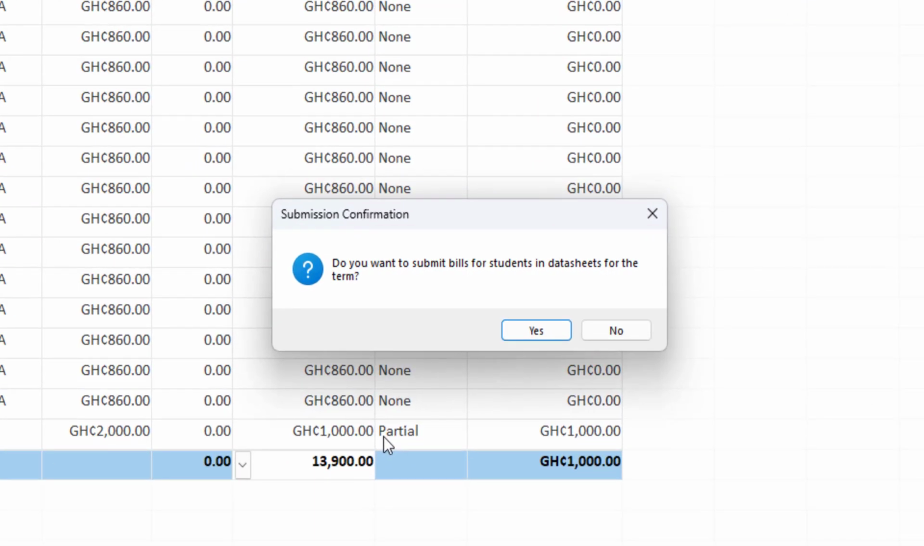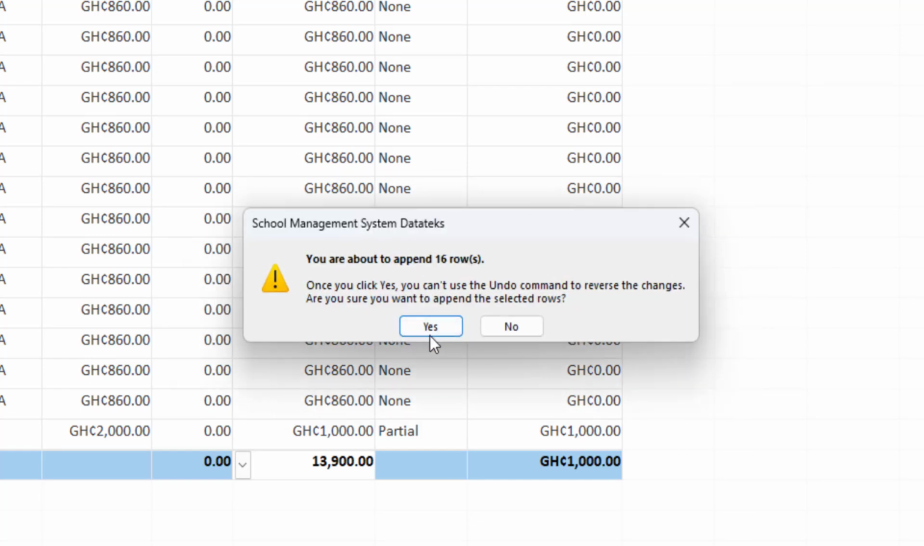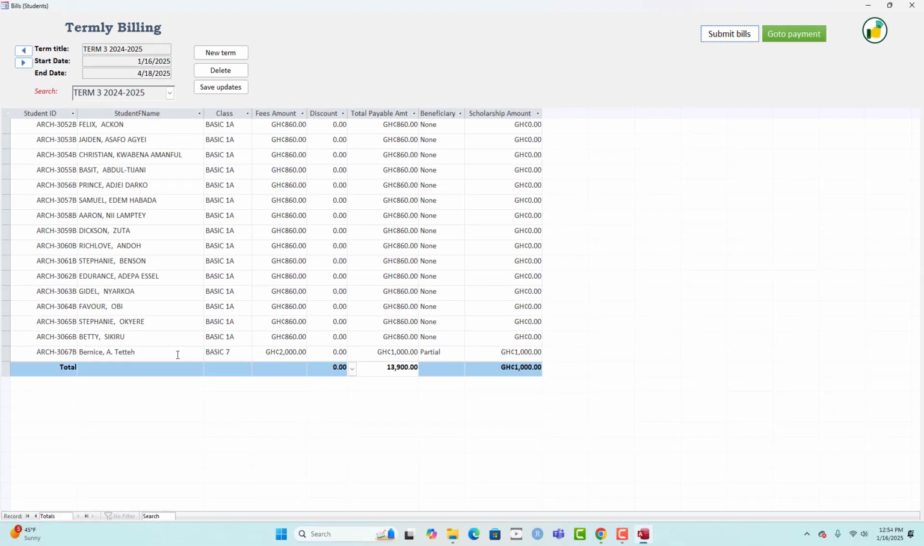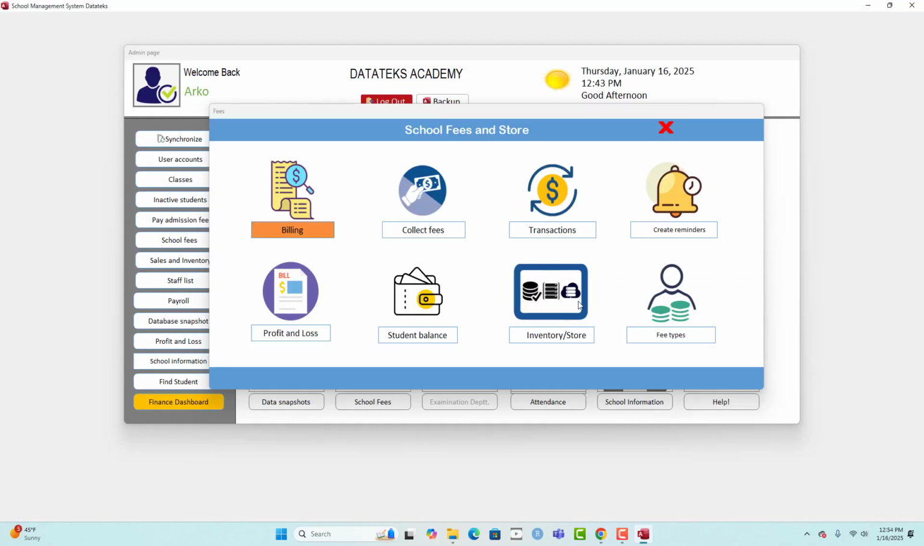Do you want to submit bill for students in data sheet for the term? Yes, of course. So we click that. Yes, and now the billing has successfully been done for our student. Okay, so here we click close. Now if we want to